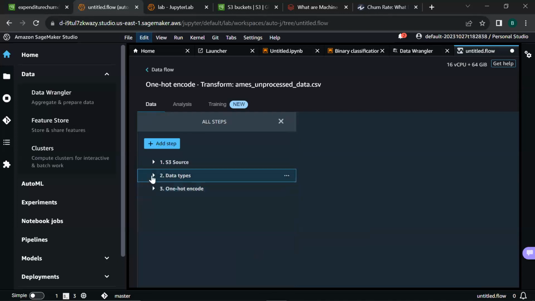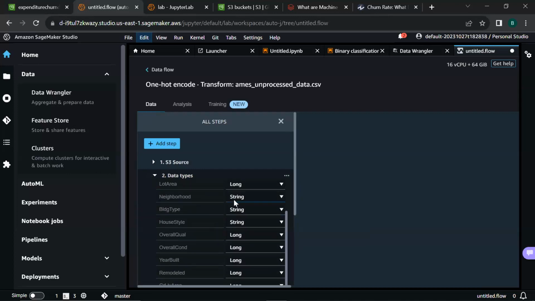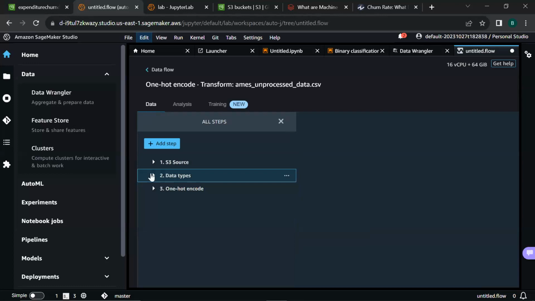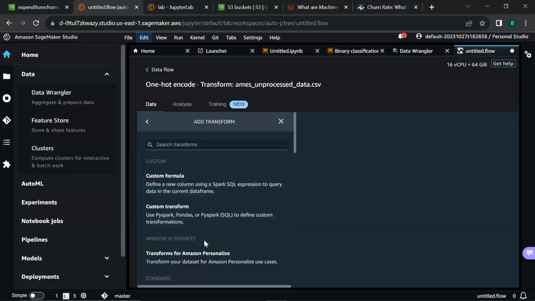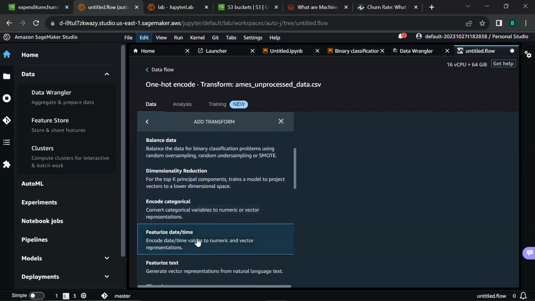When we go back to data types and we click that, we will have to refresh to see whether it's changed, but we'll look at that in a minute. Once we are done with one hot encode, we can add other steps, such as scaling our data. We can featurize date and time.